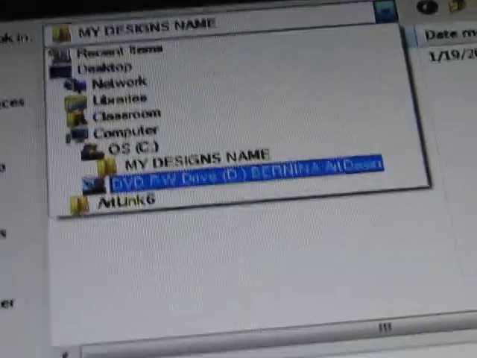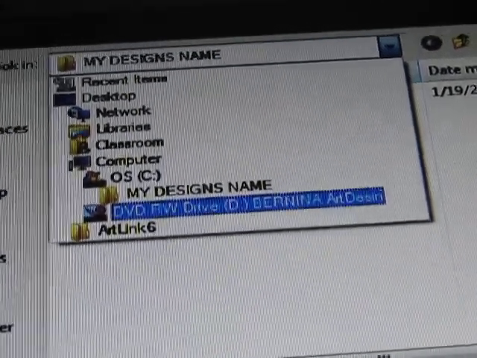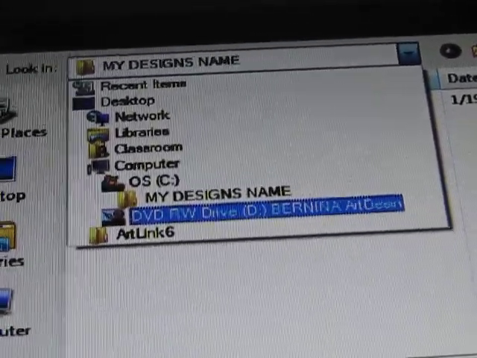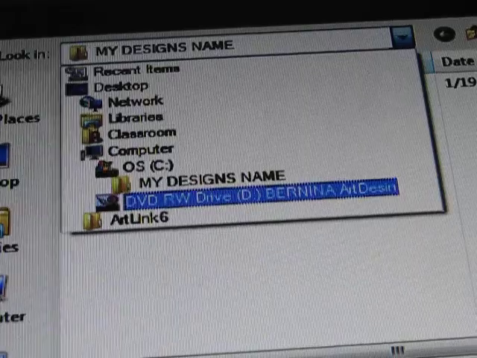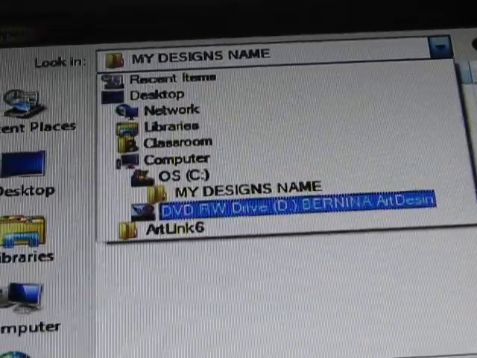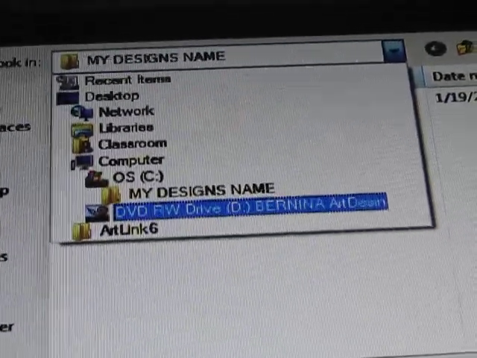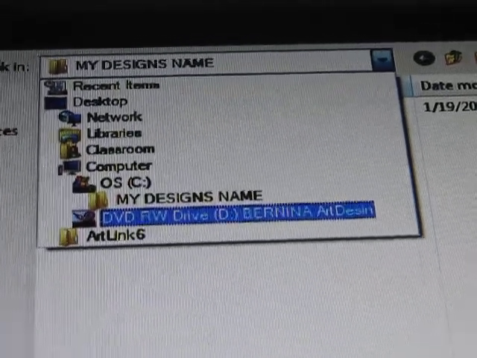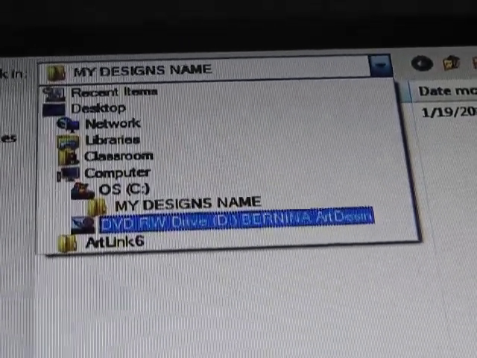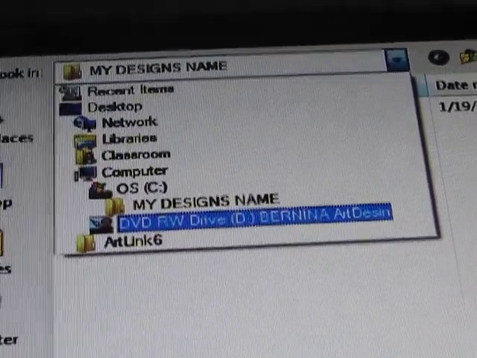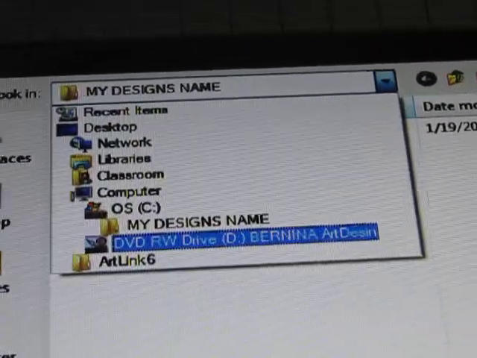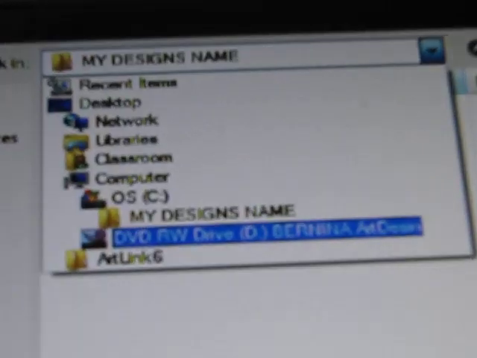So this is where, if you put a CD in your machine, when you click this, that CD drive is going to be listed, and you can select that, and then you should see what's on the CD. If you have a USB stick, it will have a letter. Your hard drive is almost always C, and if you have a USB stick, it could be anything from D through J, K, L, M, N, and O, P, depending on how